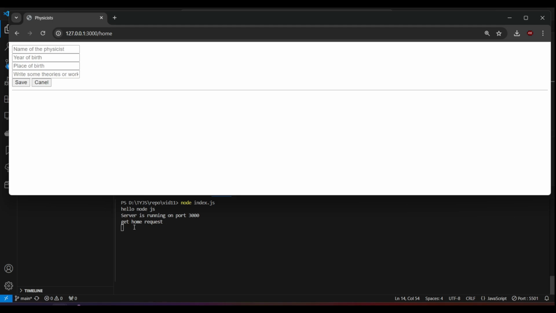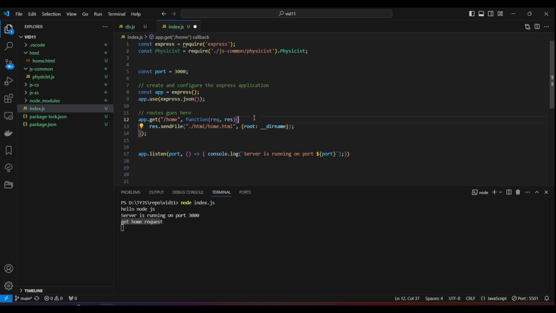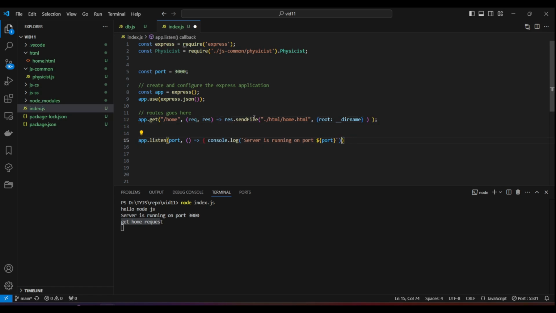And we get here a message called get home request. That's because this route here is called, and then these lines here are executed. So now I don't need this debug log here anymore. So we can remove this, and maybe we can even convert this function here to an arrow function. Also here we don't need these curly brackets. And now let's start filling our